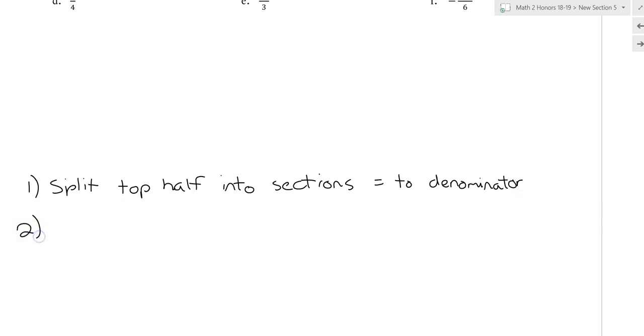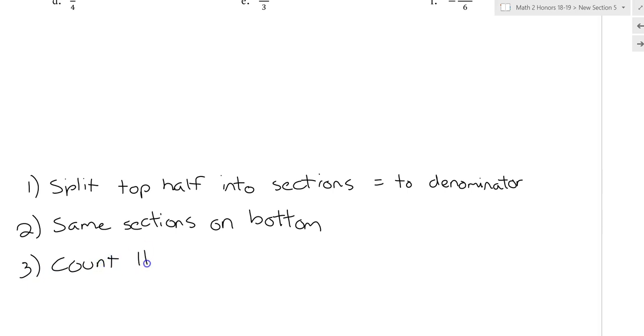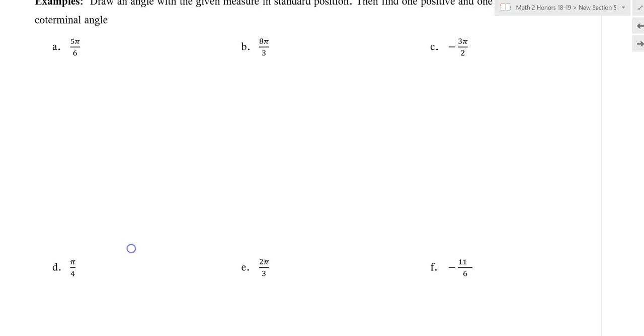Two, same sections on the bottom. Okay, so then you basically just duplicate what you did on the top half on the bottom half. And then 3, count number of sections equal to numerator. Okay? So your denominator tells you what the sections are, and your numerator tells you how many sections you actually have to go. So if we look at A,